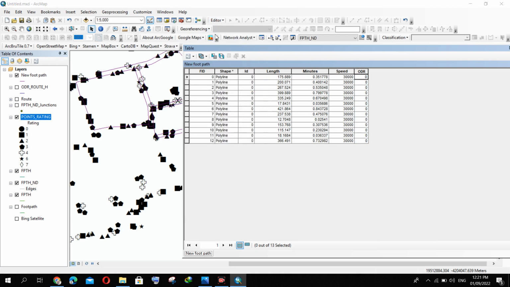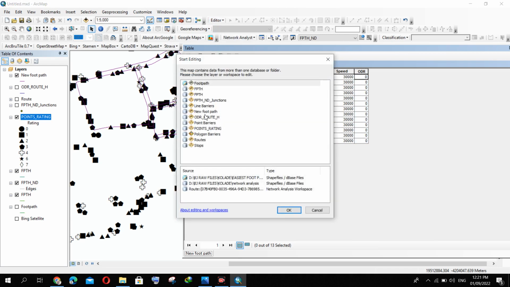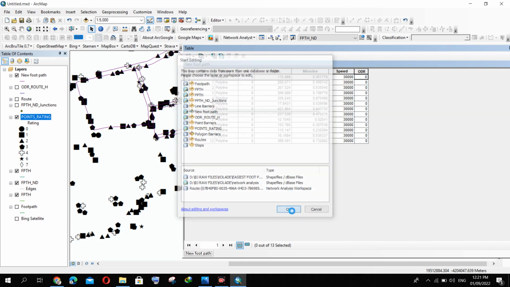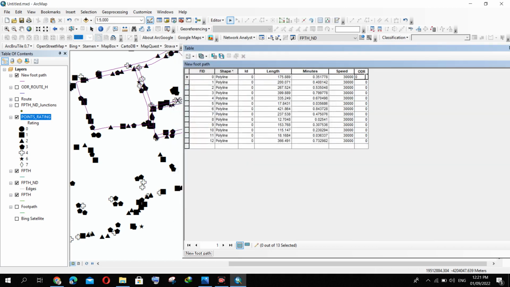So you just go back to start editing again, and your new footpath will be clicked on, and then you click OK. Then it will allow you to edit. Just double click, and then the value will assume 13. So you repeat the same procedure for everything throughout. Then after that,